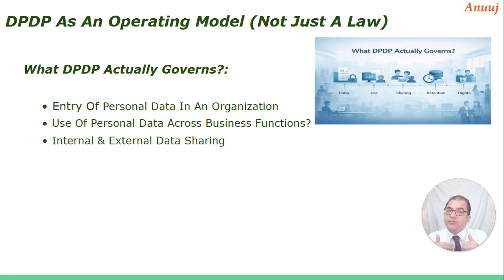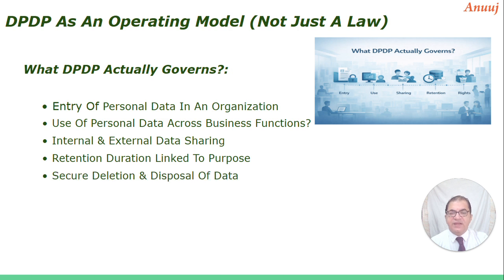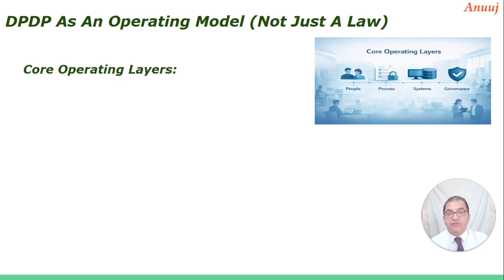It is across, and that would be different for different persons. Someone who just looks at my email, right, and does not even buy anything, his information does not go beyond the marketing team. But for someone who goes through the entire cycle, the data is internally shared, and the logistics team might hire an external agency to deliver the goods. Finance might have hired some external agency to deliver the physical invoice. Retention duration is linked to the purpose and deletion is secured, right? That is what DPDP wants. You should not be able to recover anything from the deleted data. Data principal rights should be taken care of.